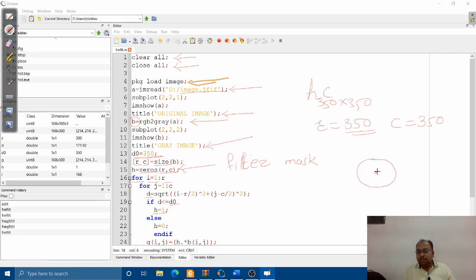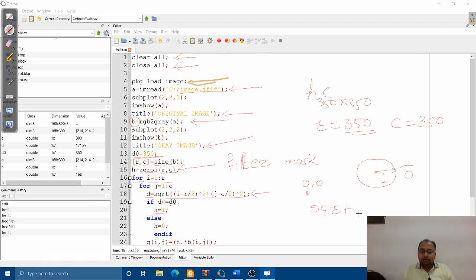That means if it is in the range of, let us say, this, then it will have the value 1. If it is outside of this, then it has the value 0, right? So this operation we have performed over here. Let us say right now my first pixel is there, and let us say it has the value 0, 0. Fine, so let us calculate this value.